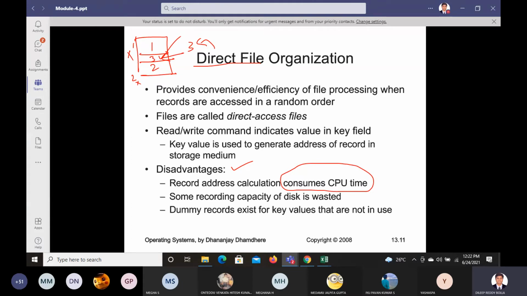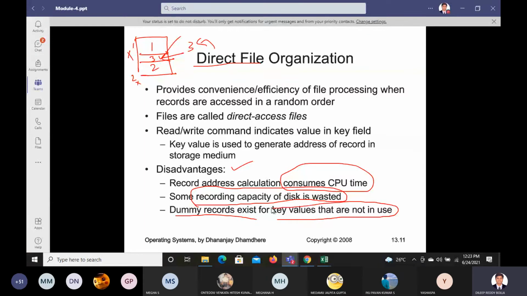And what else problems do we have here? CPU time is more, and then some recording capacity of the disk is wasted. So we have to waste some of the recording capacity of the disk; it will simply go to waste. Another drawback: dummy records exist for key values that are not in use.